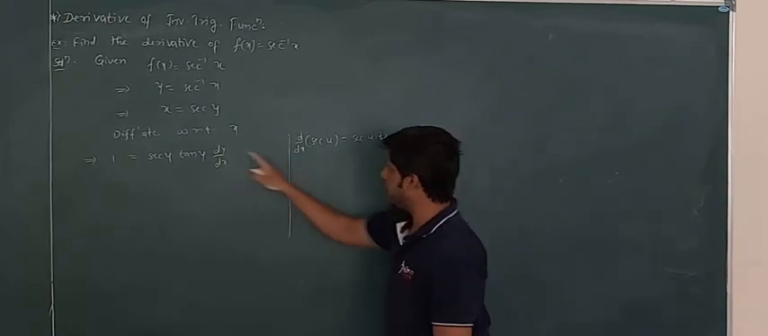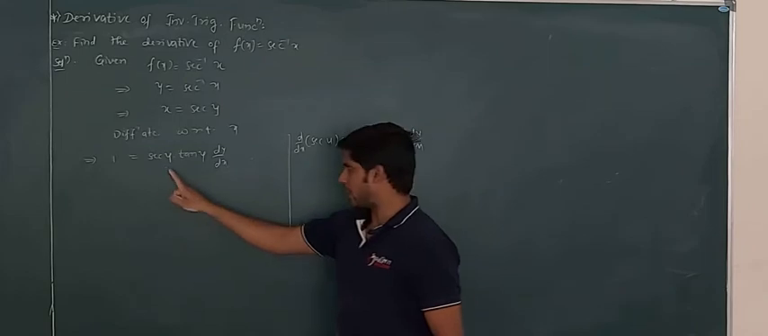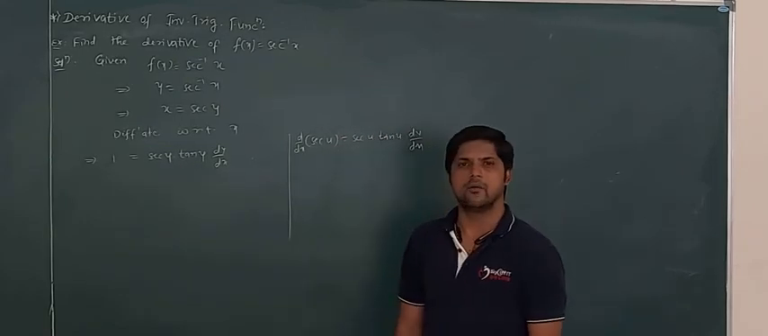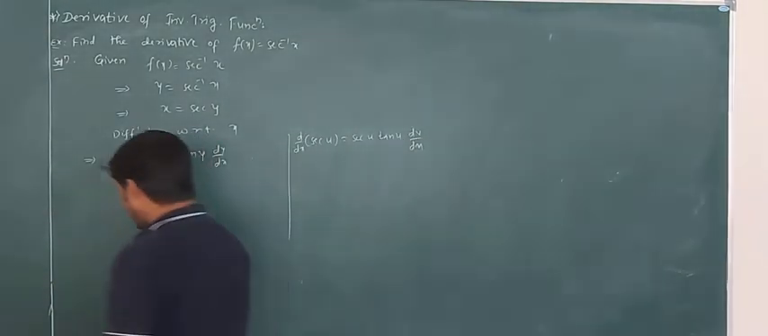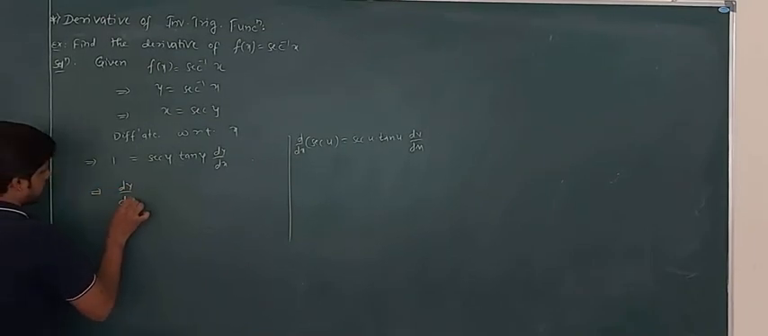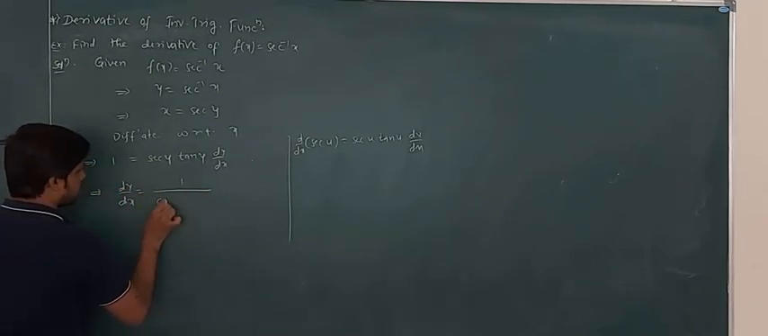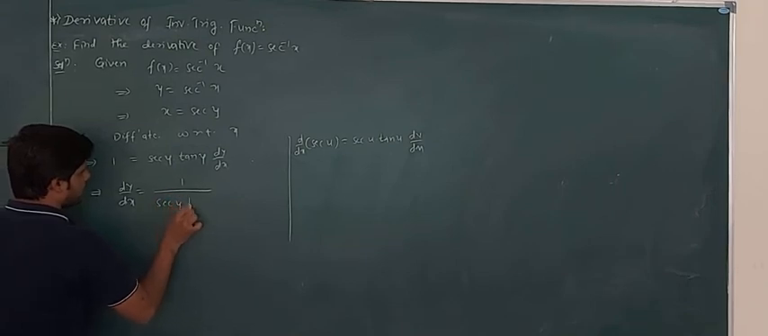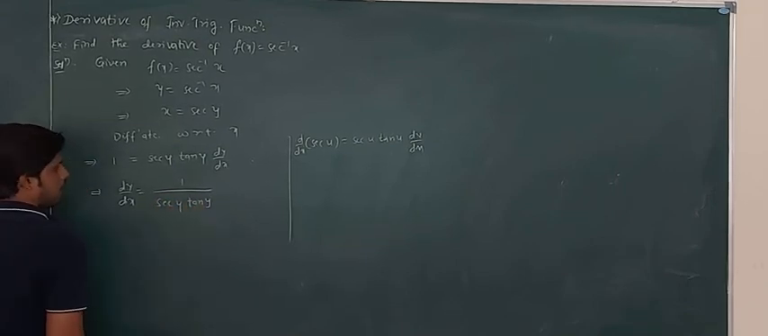In place of u we have y, so therefore secant y into tan y into dy by dx. Now solve for dy by dx. Here we get dy by dx is equal to 1 divided by secant y into tan y. And also